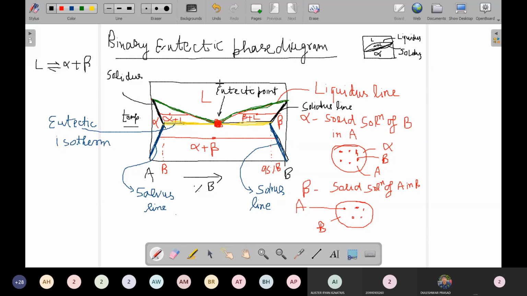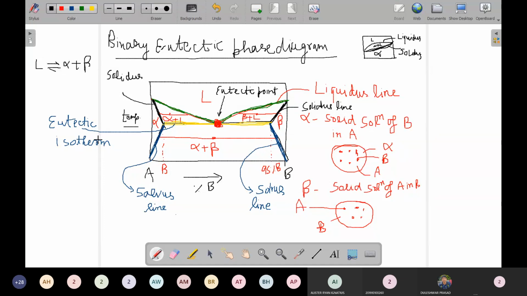So please remember this eutectic point. What is the definition of this eutectic point? The point where liquid transforms to two solid phase regions, and in this whole diagram there is no other point where this phenomenon is happening. Only at this point liquid is transforming into two solid phase regions. So the point is known as the eutectic point. And since this is the constant temperature line, it is known as an isotherm, and this line is also passing through the eutectic point. That's why this line is known as the eutectic isotherm.